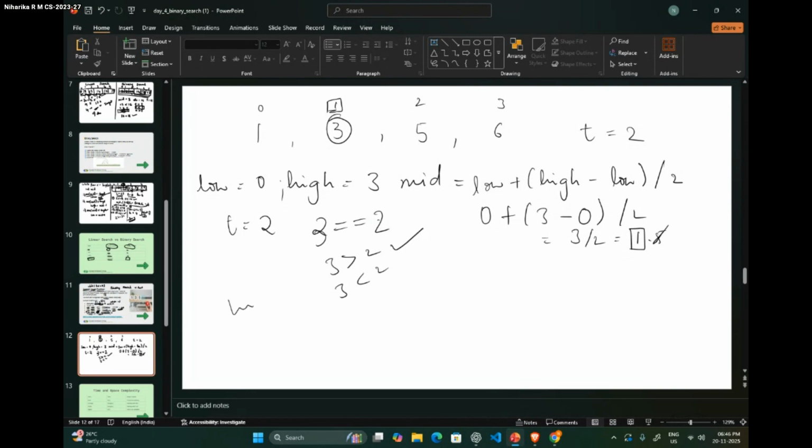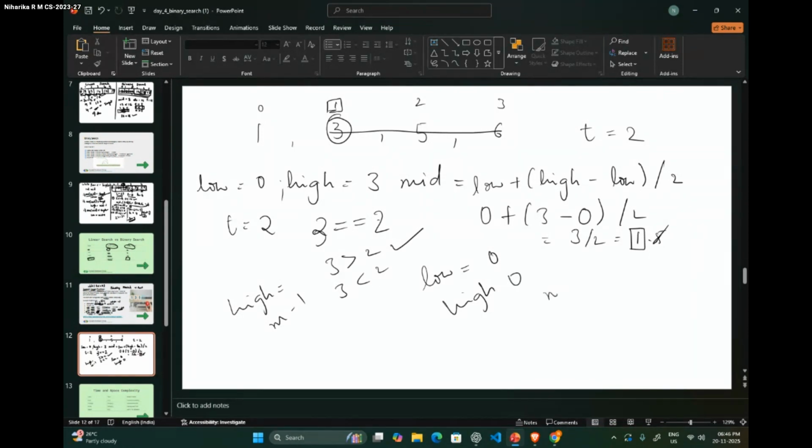Our high is equal to mid minus 1, which is 0. So we are deleting this complete subarray. So our low is equal to 0, and high is also equal to 0.